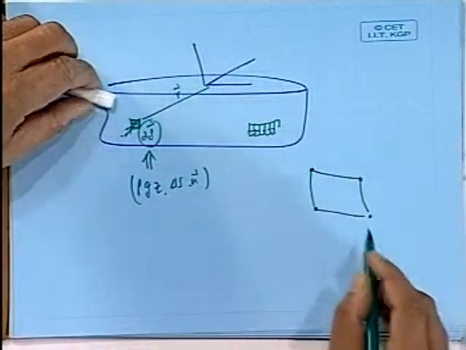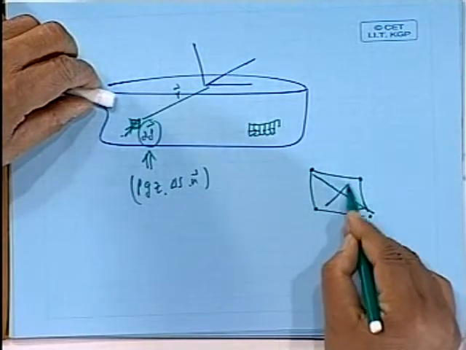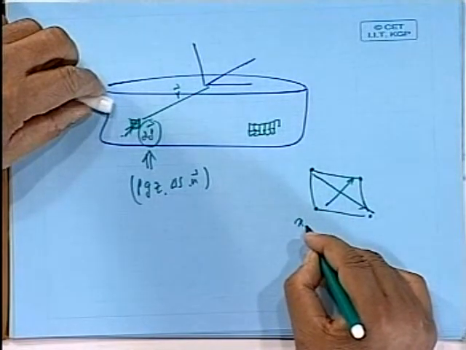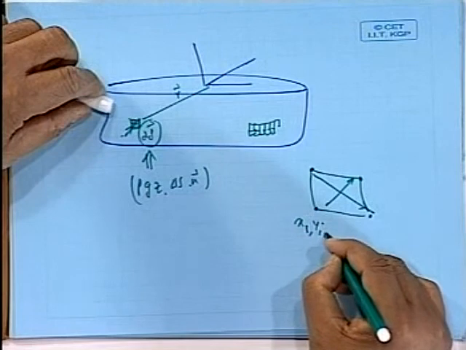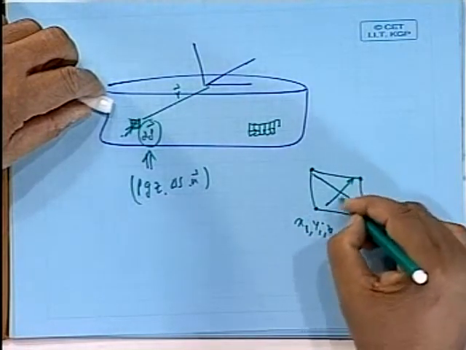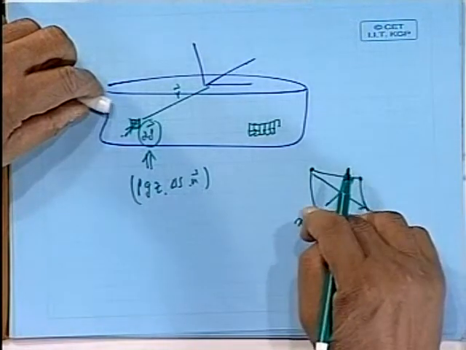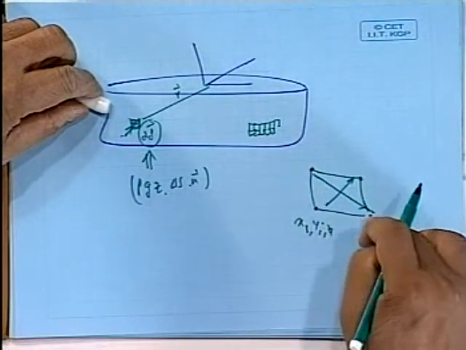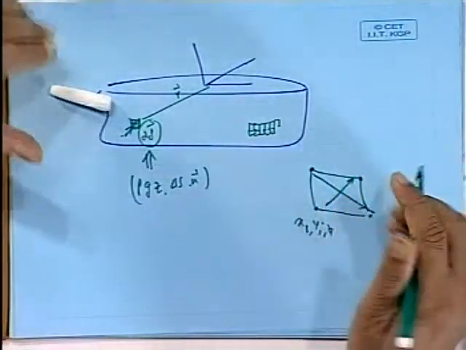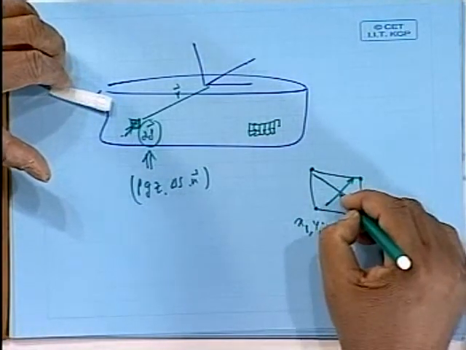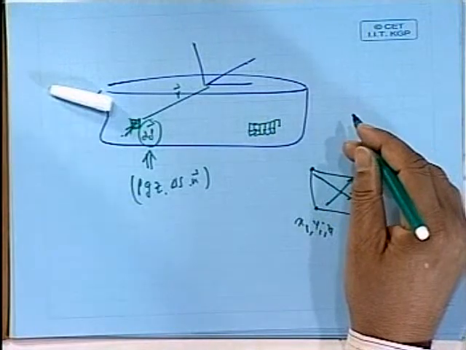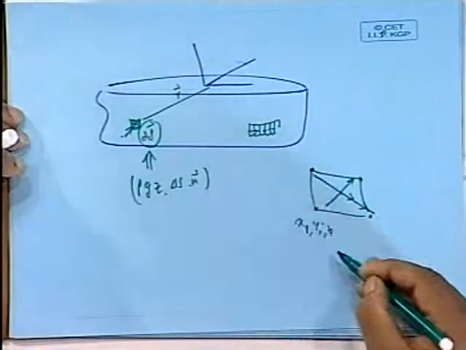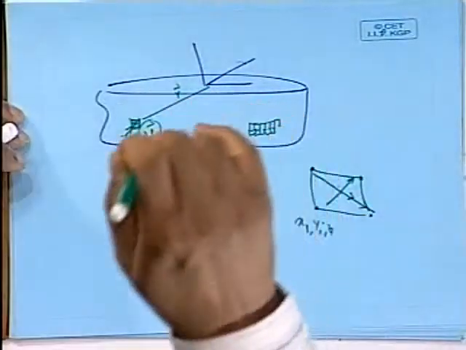Okay, 4 points. Now you see, if you take this vector and this vector, cross product it. In fact, it is so simple that if it is x1, y1, z1, this x2, y2, z2, etc. This vector is going to be x3 minus x1, y3 minus y1, z3 minus z1. This is going to be x4 minus x2, etc. Do a cross product. By theory, the cross product is perpendicular to that, and that is the normal direction. If I have a plane here, I take a vector, I take a vector, take a cross product of that, you will get a vector here.